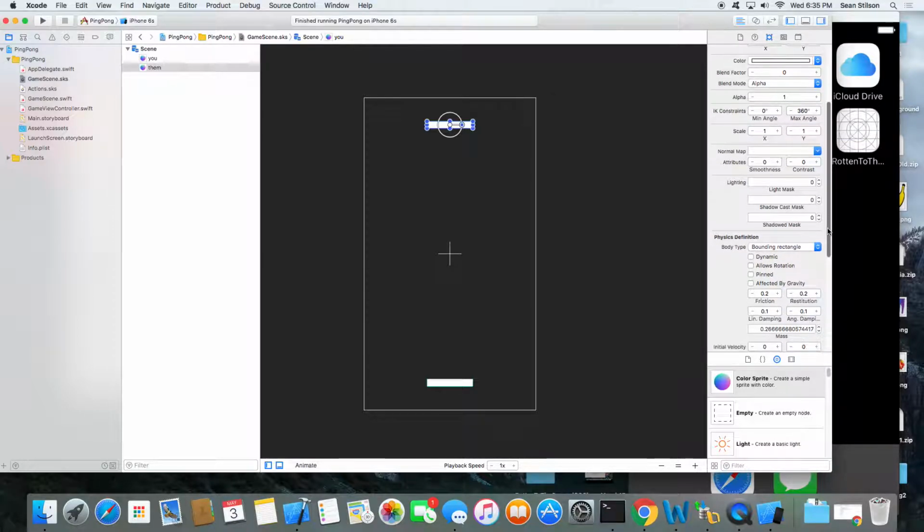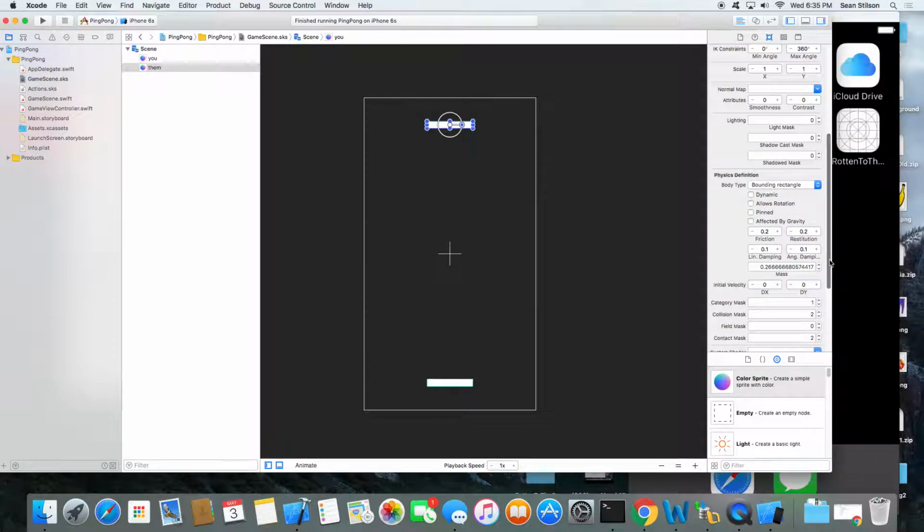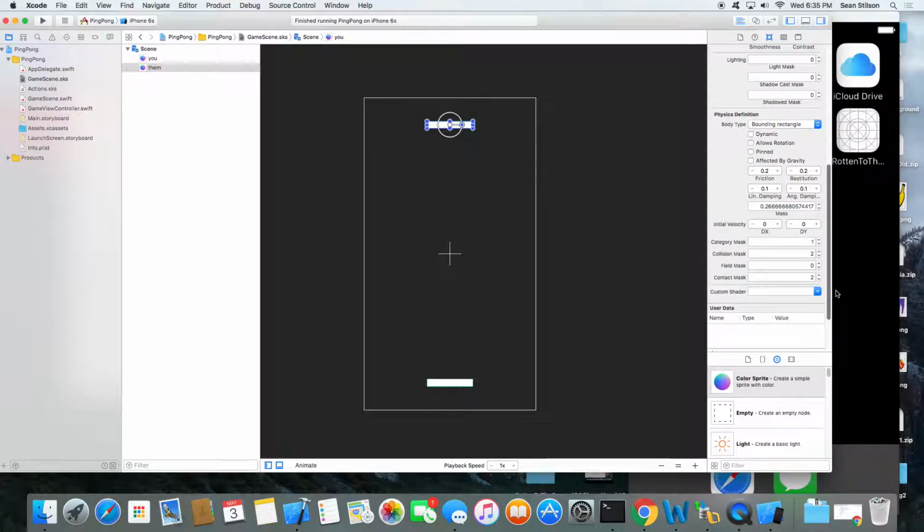Color white, all that's good. Basically, on the settings for this, I'm going to turn the friction off here. If you have a friction coefficient, when an object makes contact with it, it'll kind of stick, so we don't want that either. I thought I had those set on the other one, maybe I didn't. Yeah, they're just set on the other one. All right, mask can be set to that, that's fine. Category mask will still be 1, because what that says is this category and the other category are the ones we worry about.